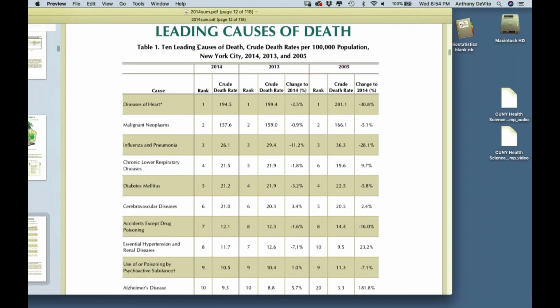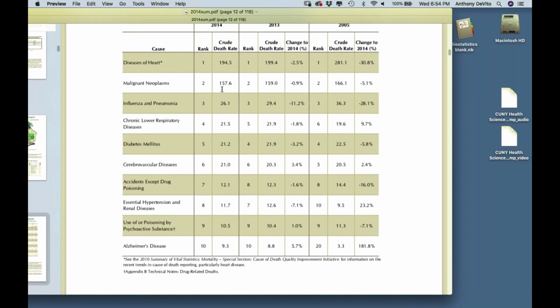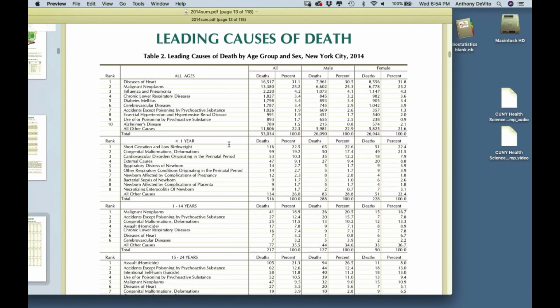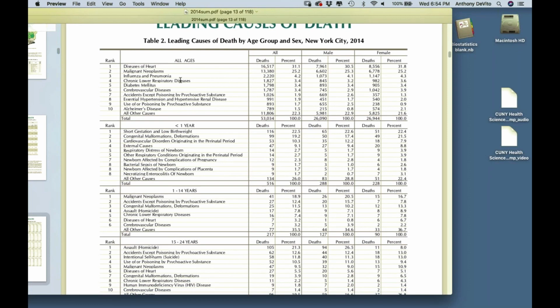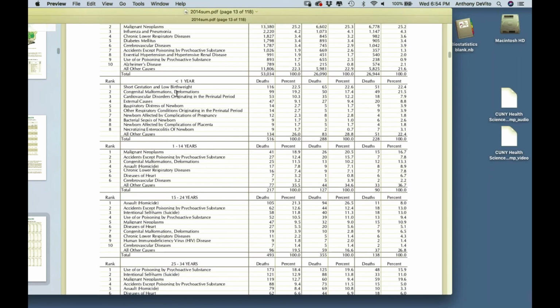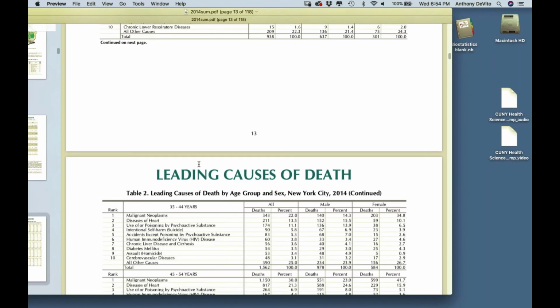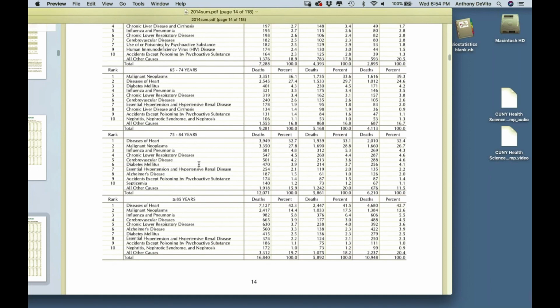Okay, and here is, for instance, the 10 leading causes of death, crude death rate per 100,000 people in New York City for these years. The number one cause of death was heart disease, and so on, the 10 highest. And then it's broken down by age group. What are the leading causes of death for all ages, for less than 1 year old, for 1 to 14, 14 to 24, 24 to 54? So you can exactly have data and see